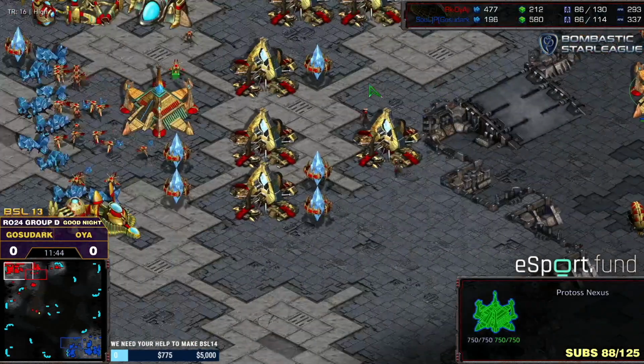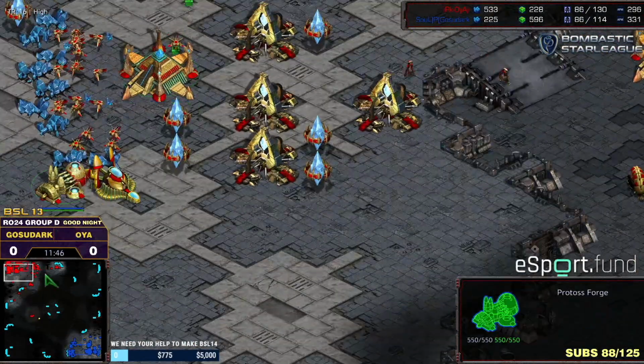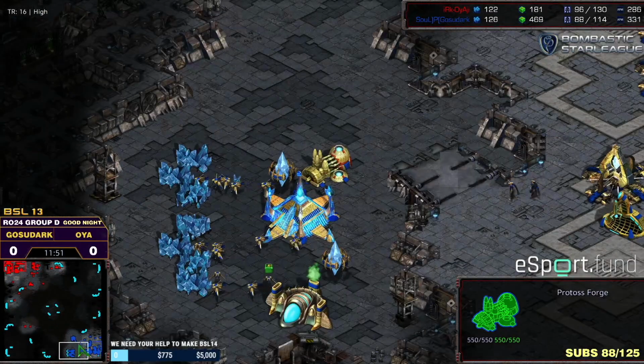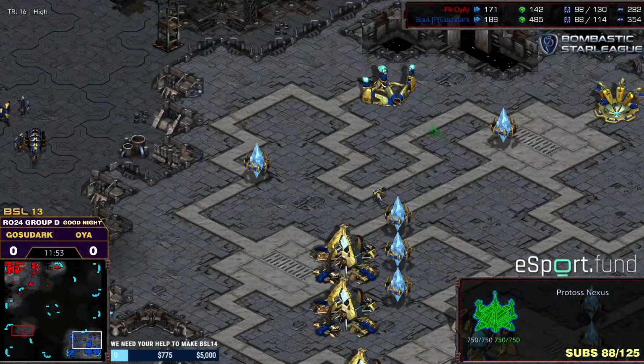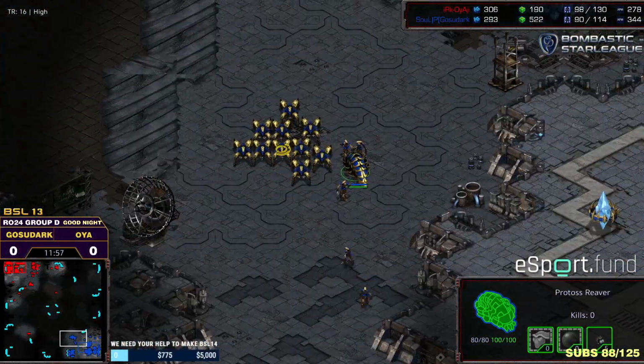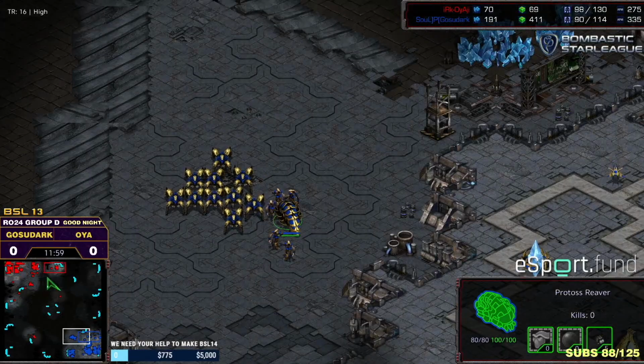He lost that observer, anticipating a move out from units. He's not even thinking about taking a third base. Look at this. He's sitting at his base and trying to rebuild his army. Gosudark's in a really tough spot because, you know, Dragoon Reaver is the ultimate composition until a fight